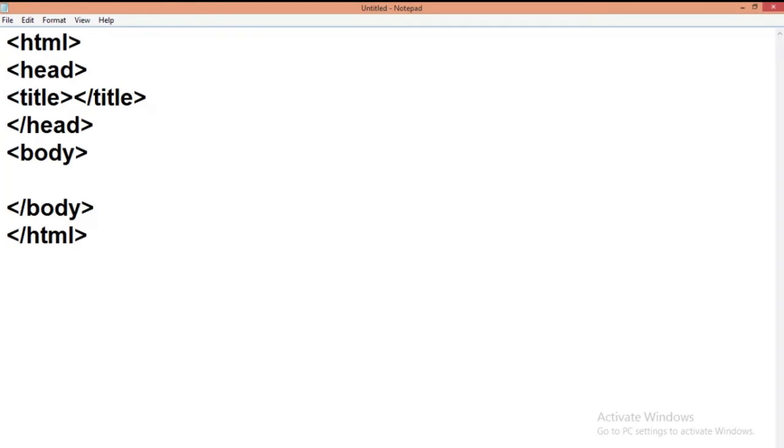A combination of web pages is known as a website. Further, all the web pages are interconnected to each other through a hyperlink or link. This hyperlink can be created using the a tag. A means anchor, and its attribute is href, which means hyperlink reference. So let us understand this topic with the help of an example.